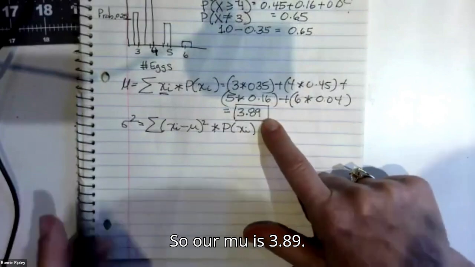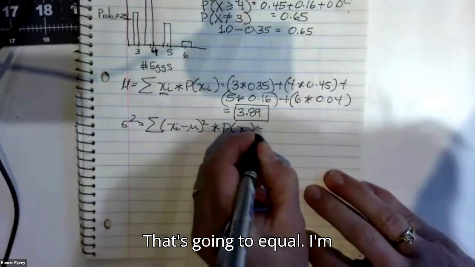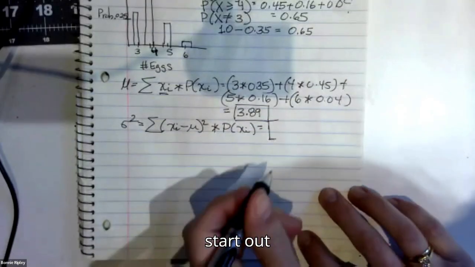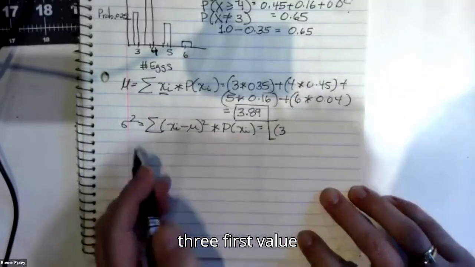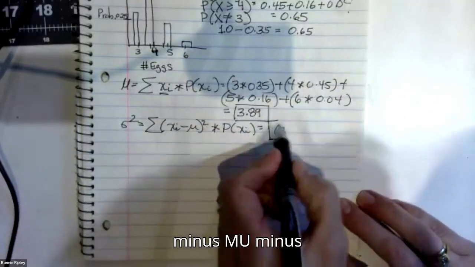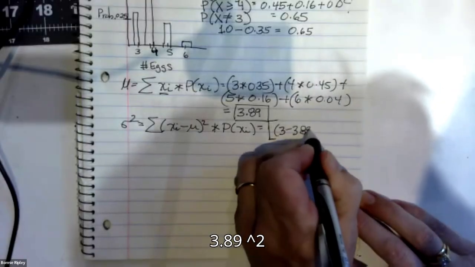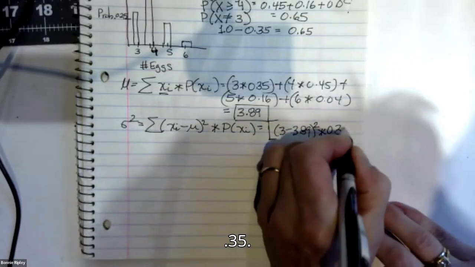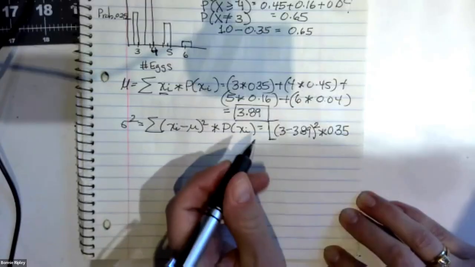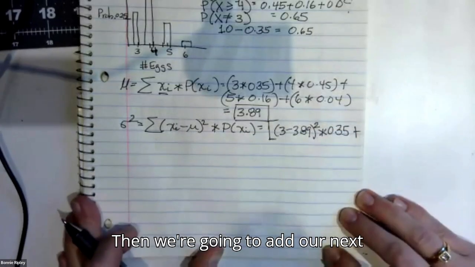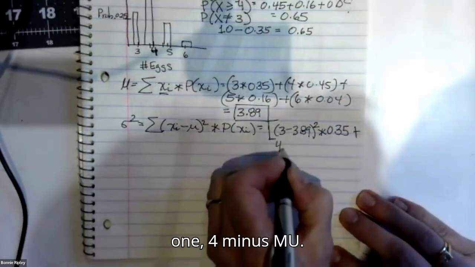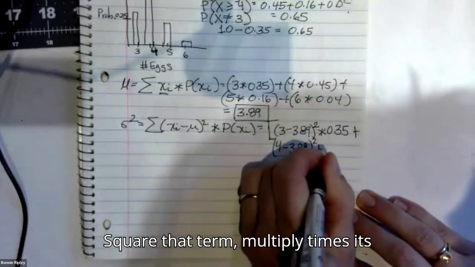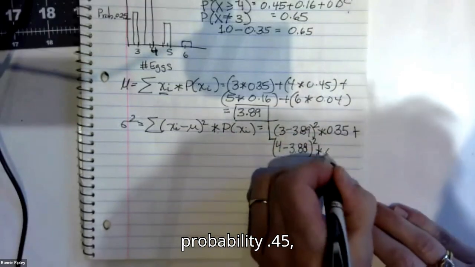And so our mu is 3.89. That's going to equal, I'm going to put a big bracket around it to start out. 3, first value, minus mu, minus 3.89 squared, times its probability, 0.35. And we're going to add our next one, 4 minus mu, square that term, multiply times its probability, 0.45,